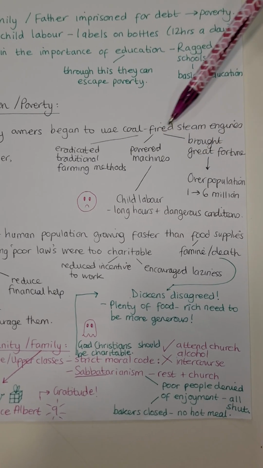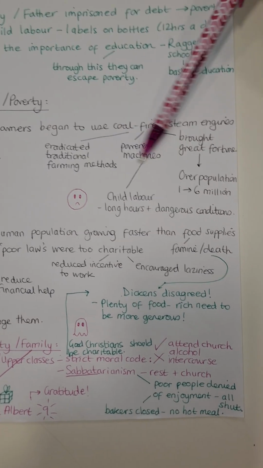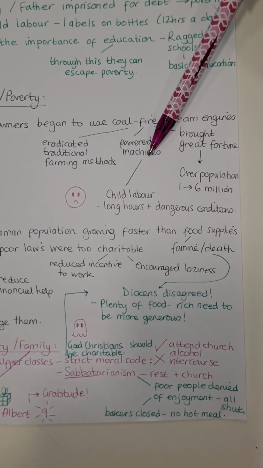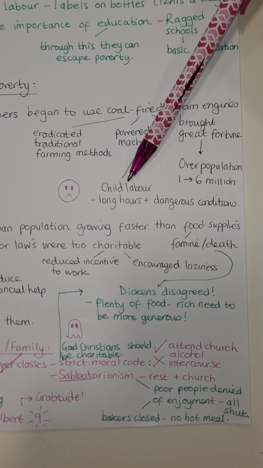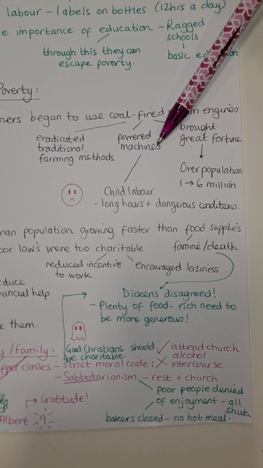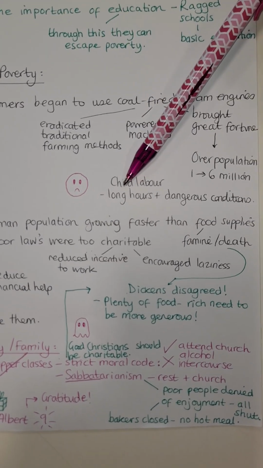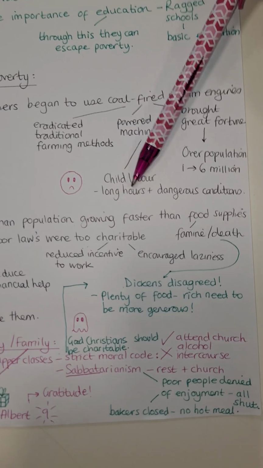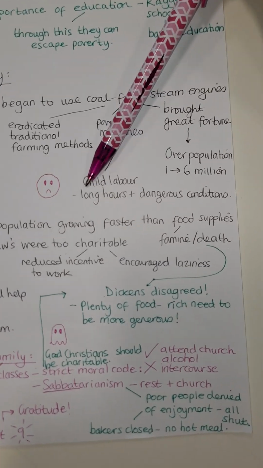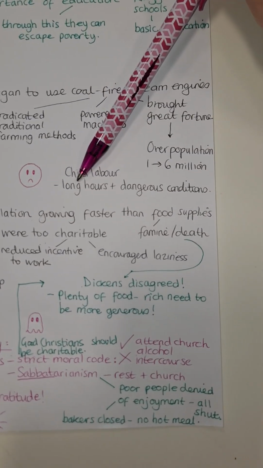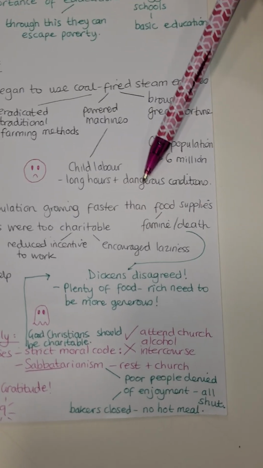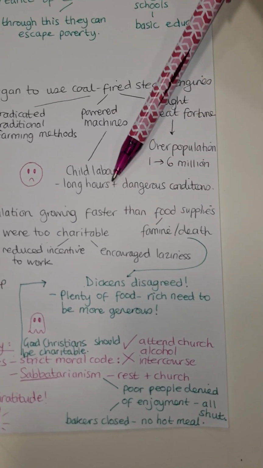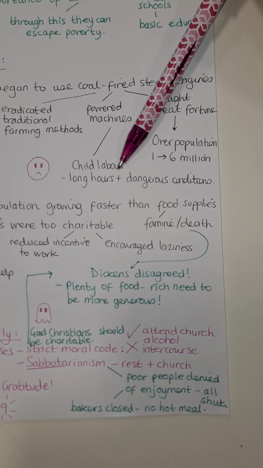Now, just before I finish this bit, the fact that there were many powered machines and the fact that society just didn't really care about the poor, this led to child labour in factories as well. So they used little children because they had small hands and they were small enough to climb under and behind machinery, and work long hours a day because there were no regulations for it. And in very dangerous conditions, many children lost fingers and limbs.